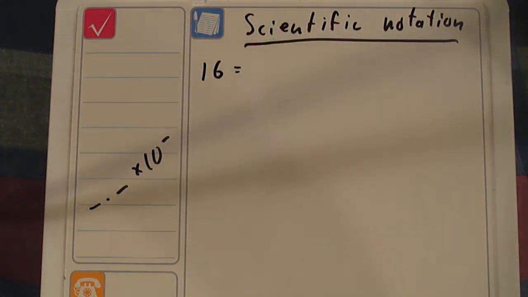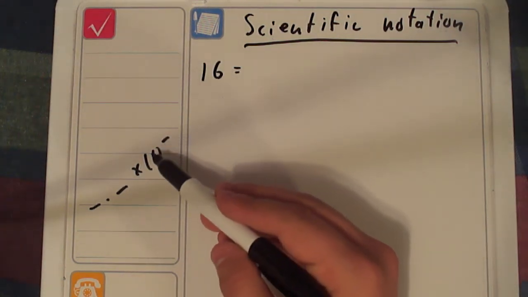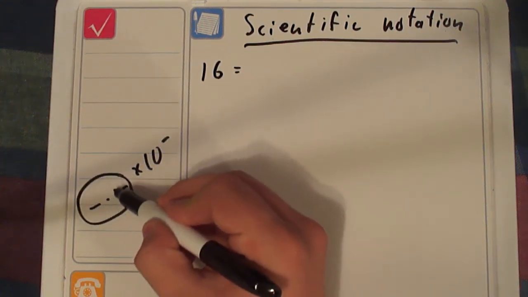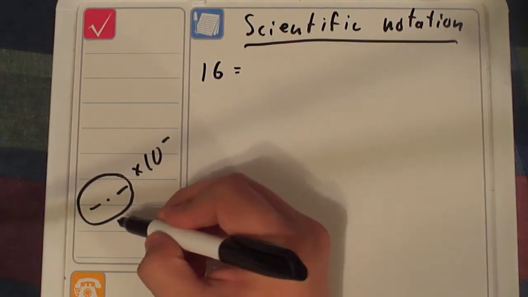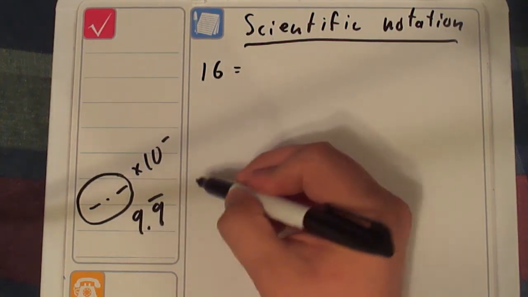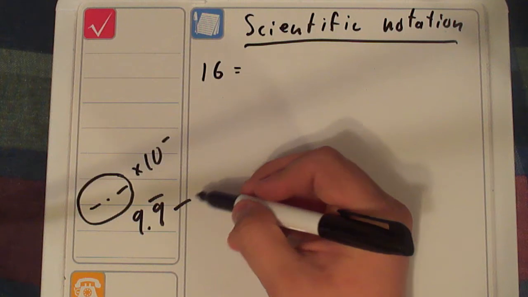You can also have negative exponents here. The important thing to remember is this something point something is always going to be in the range of 9.9 repeating to